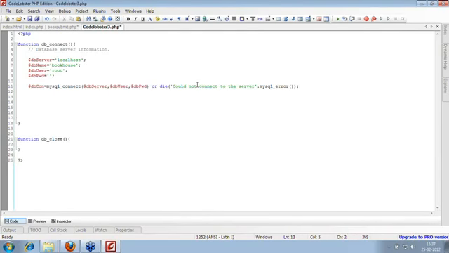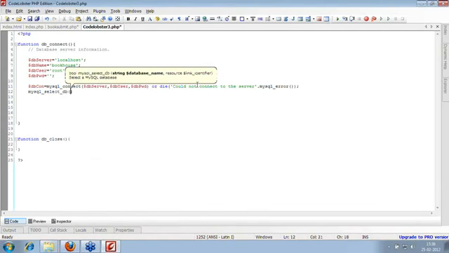Now once I have connected with my database server, I have to connect to my database. So I'll say mysql_select_db. You can define the database whenever you fire a query, or you can do an initial database setup, so that whenever I fire a query it points to this database only. Either you can have mysql_select_db here, or while calling the mysql_query function, you can give your database name there as well.